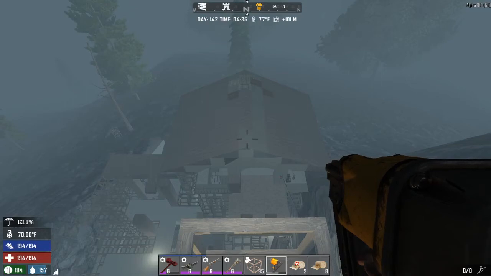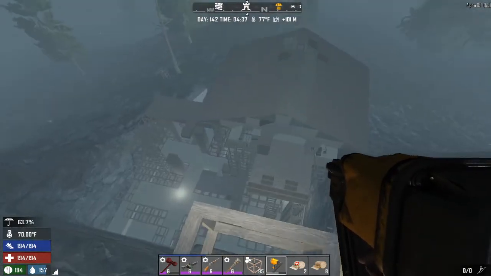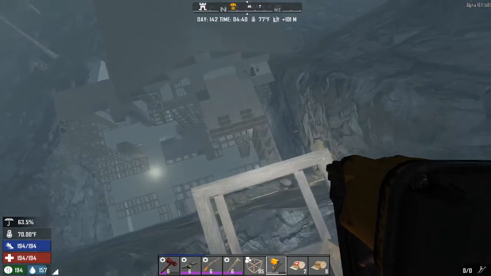Here we go. Again, more 7 Days to Die, Alpha 18. Multiplayer base stuff. Things. The weather is not cooperating, but we are above the garage area and the collapse area, and you